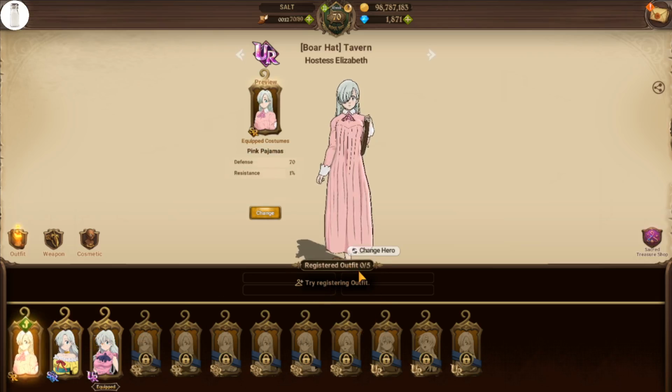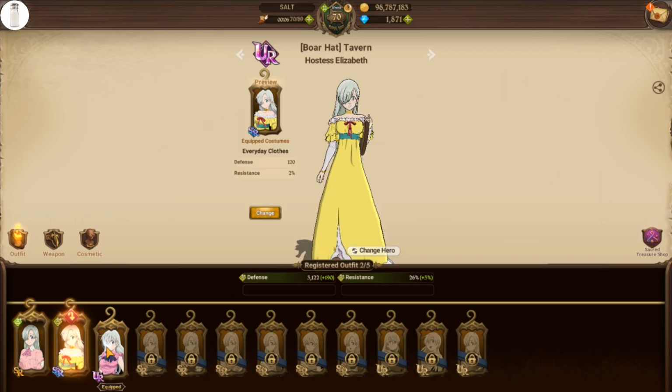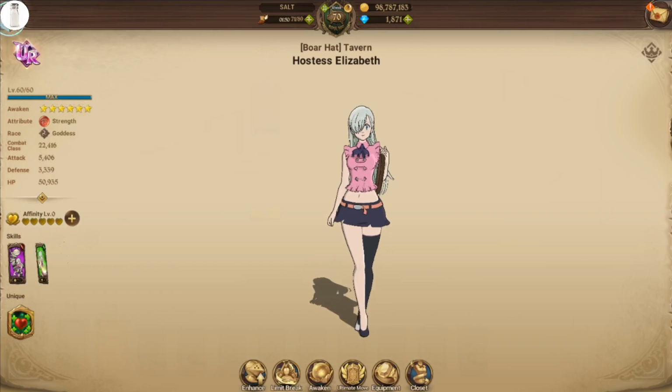Just as you can see right here, registered outfit 0 out of 5, that's a no-no. You do not want to do that. You want to go back through and register your cosmetics and get those stats. So just a reminder to go back through and do that. There's probably some units that I still haven't done, just because it's something that's easy to forget on the many list of things to do in this game, and that'll get you a nice boost in account combat